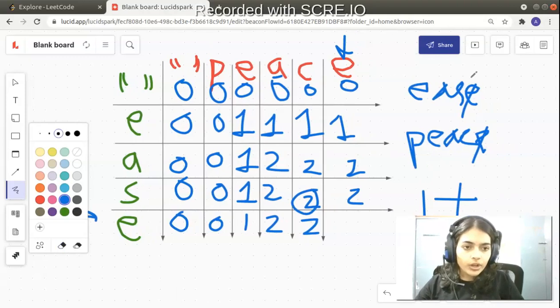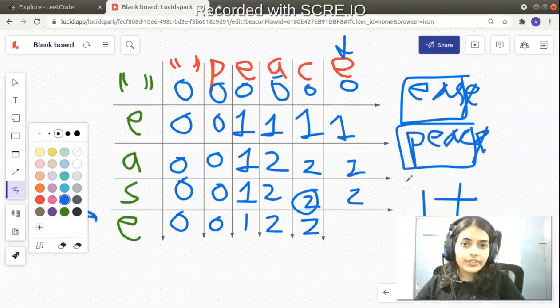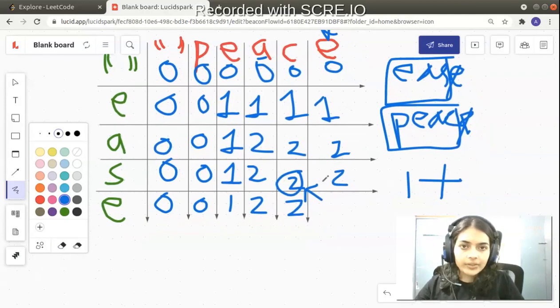And what did we do, we looked how many characters were common between EAS and PEAC. How did we know that? Already in the DP table, in the diagonal left box, we knew the answer is 2. You can see that EA and EA are common, we had already found that in the DP table, so we add that, 1 plus 2 is 3, and we fill 3 here.